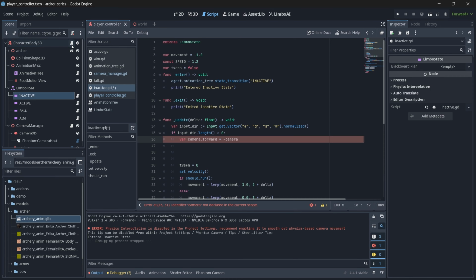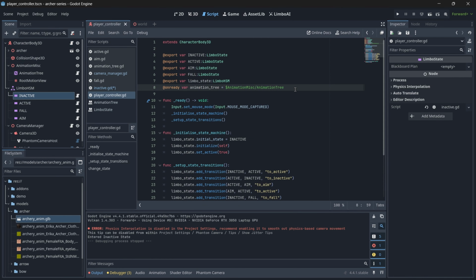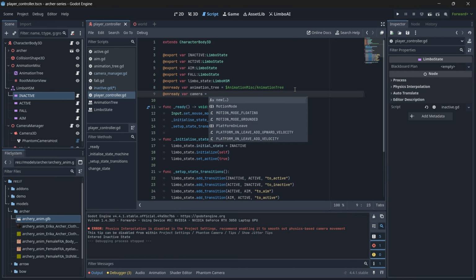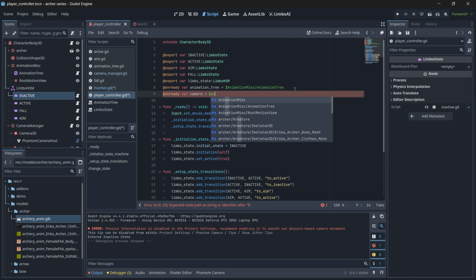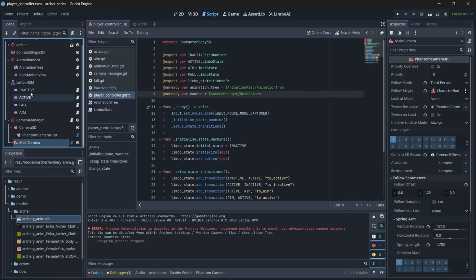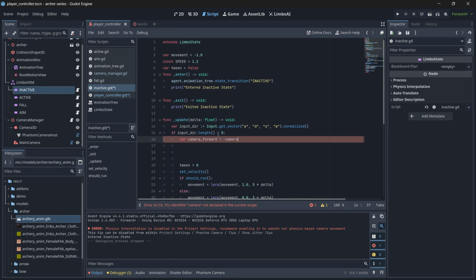So let's create a variable at the root, and let's call it onready var camera equals to our main camera. That's basically this node. And in the inactive, let's call agent dot camera dot global transform dot